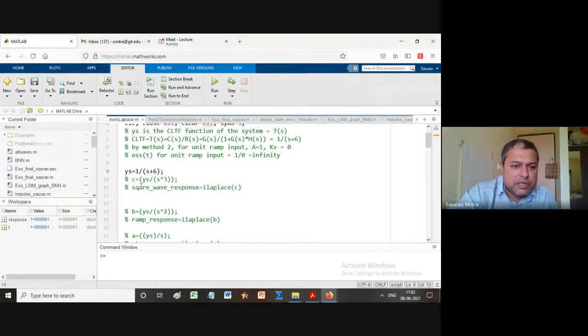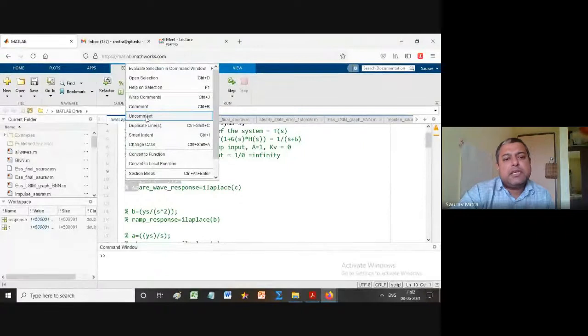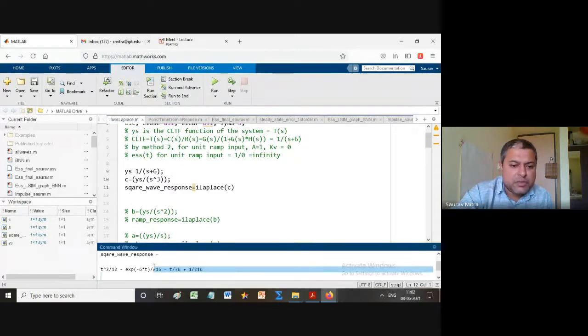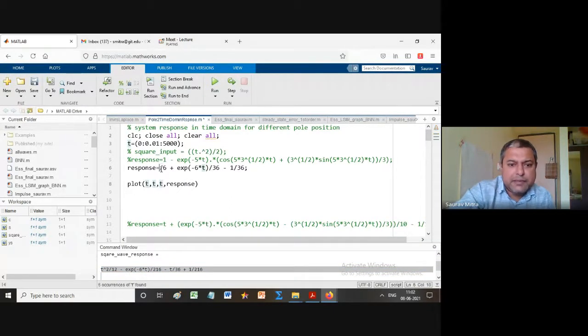This we are doing for type 0 system. Next we will do it for type 1 system. So uncomment this. So y is equal to 1 by s plus 6. There is no change. It is 1 by 1 plus s cube. If you start doing this whole exercise, it will not take more than half an hour to find all these 9 outputs. Now see, this is the response we are getting for parabolic input. Now take it and plug it here.